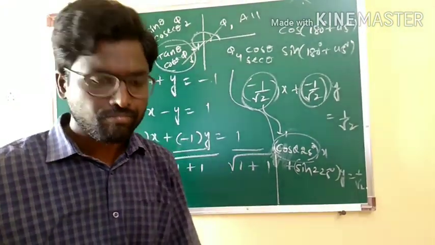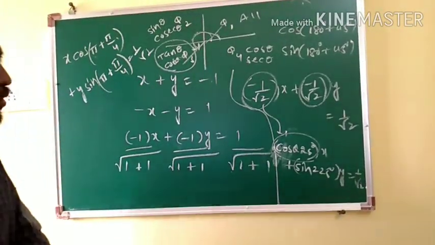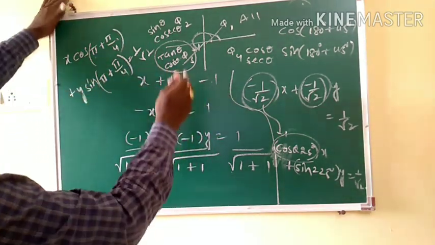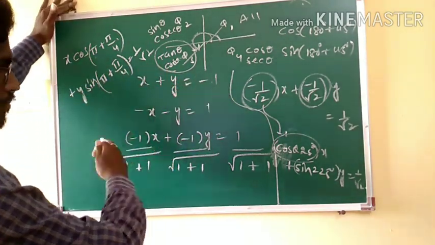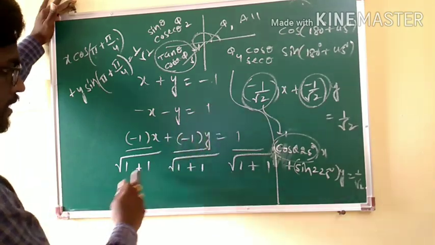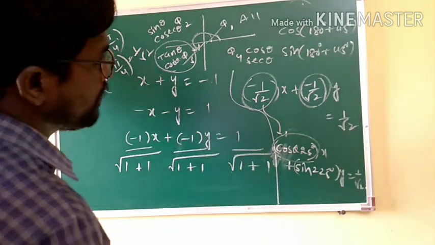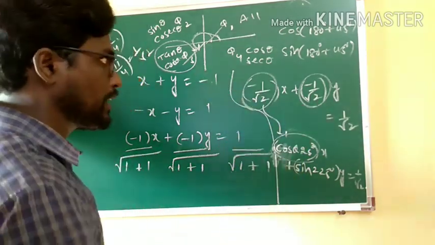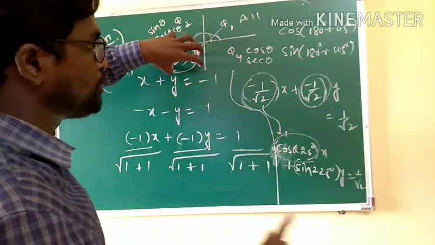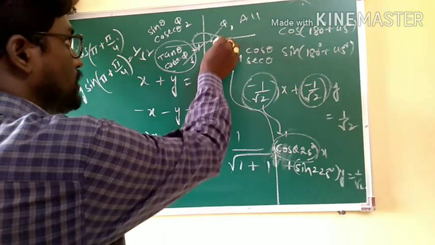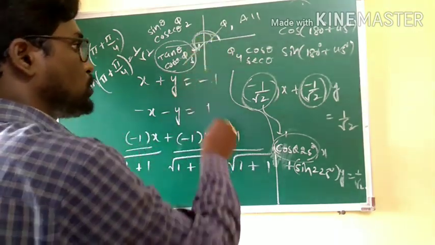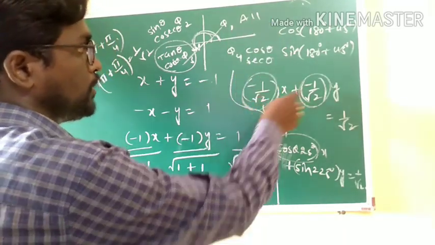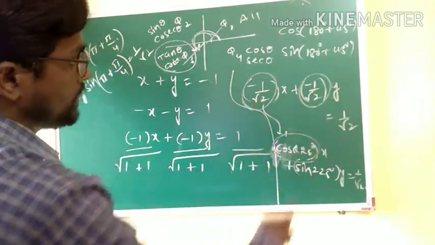I repeat, let me teach you once again. Here x plus y is equal to minus 1, so to make it positive I have multiplied both sides by minus, then I have got output as something like this. Then both are negative, means both cos theta and sin theta outcomes are negative. In quadrant 3 that is possible, so that cos 225 and sin 225 angles will give us minus 1 by root 2 and minus 1 by root 2 in both the cases.